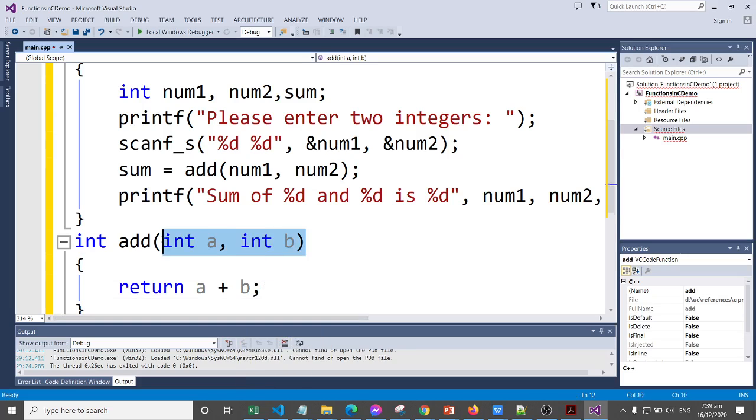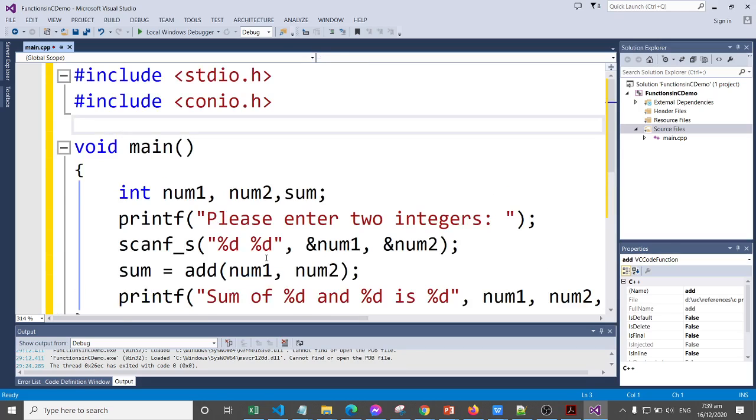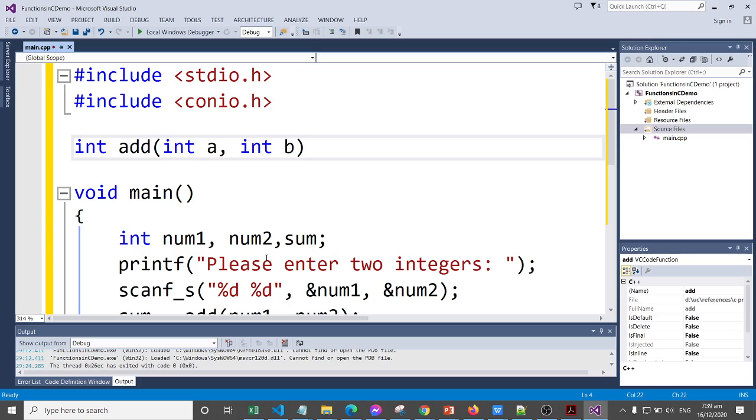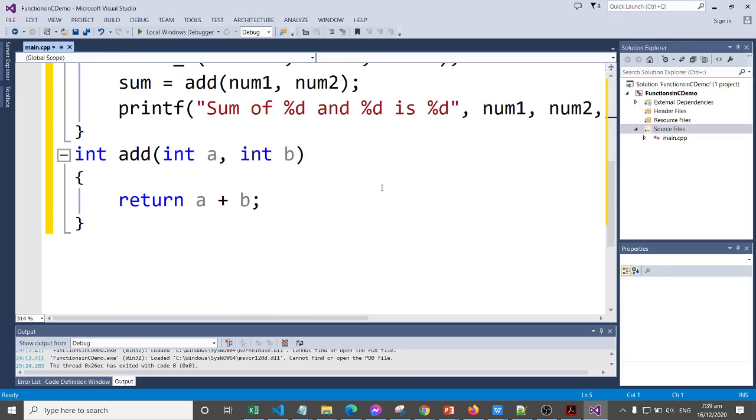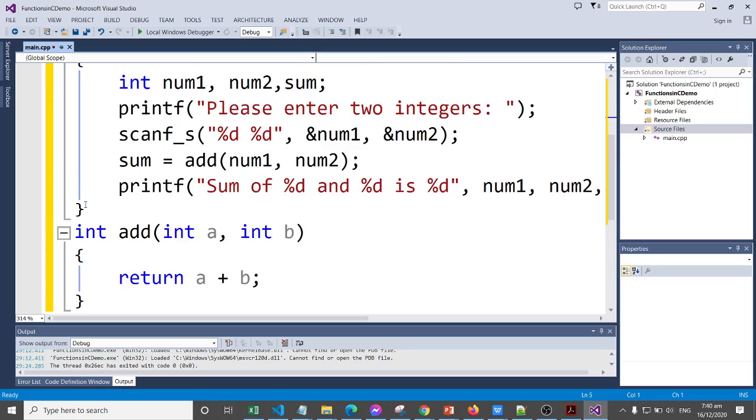So we have our function definition, and for our function declaration, we're going to just copy this function header and put it before the main function and put a semicolon. All right. So I think that we are good to go.